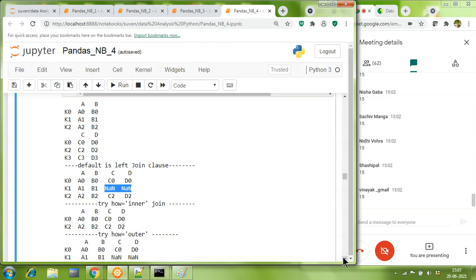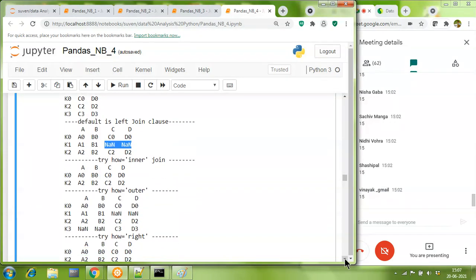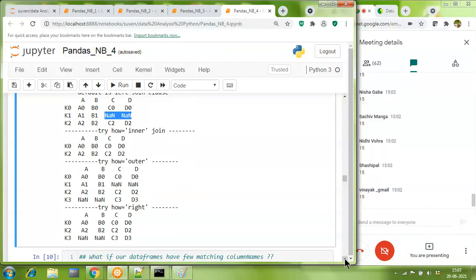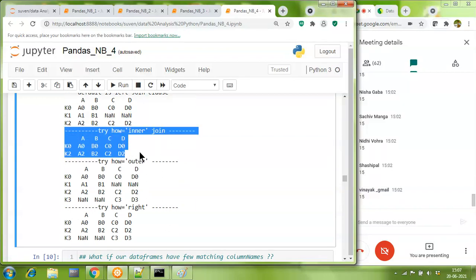Now, in the way I explained for the left join clause, can one of you come and explain to me how this output is coming for inner? Who plans to explain? I want new people to come up, not people who have taken turns. Okay, Salman, first time you are answering. Very good. I'm happy. Please come on audio.